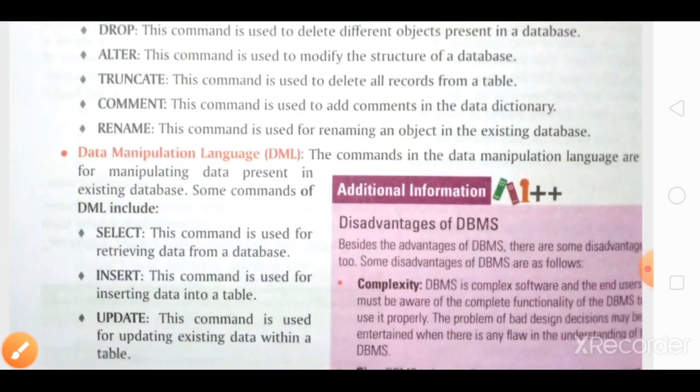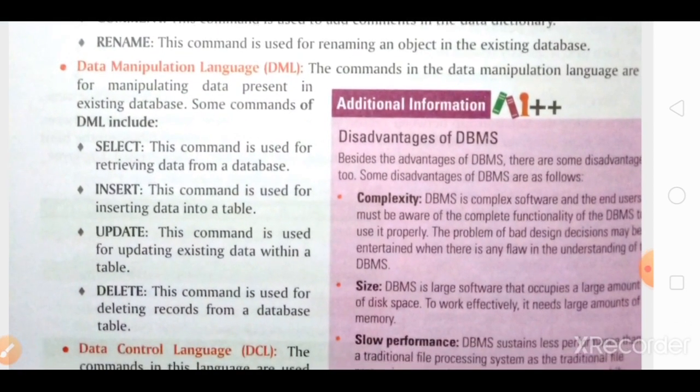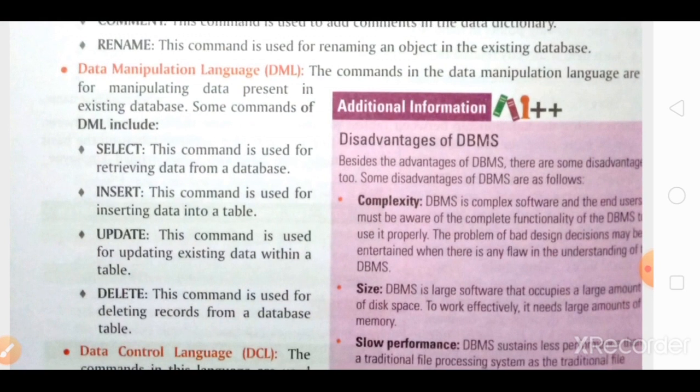Now moving forward, the next type of language that we are using is data manipulation language. When the table is created, you need to insert the data in the table. When you have created rows and columns in a copy and assigned the names of the columns, then you need to fill in some data, no? Like in the index, you are entering the records as and when you complete your work. So what are you doing? You are inserting the record. This type of command comes under the data manipulation language.